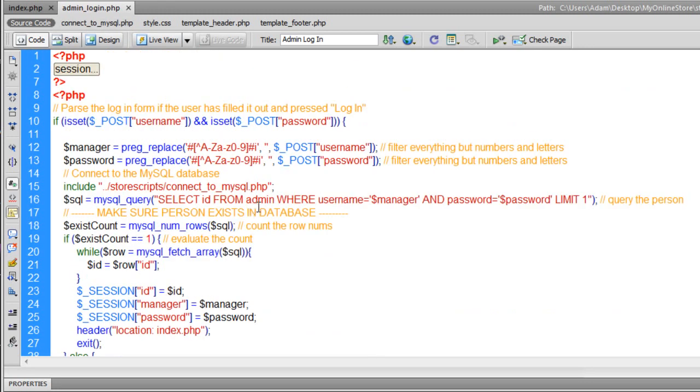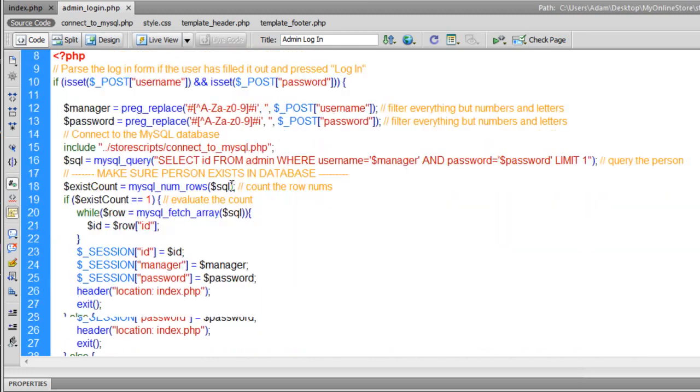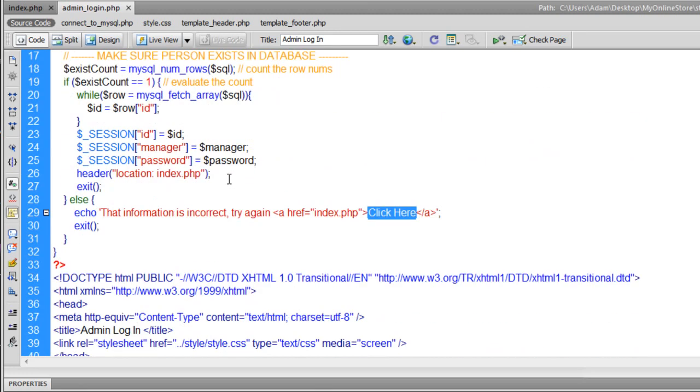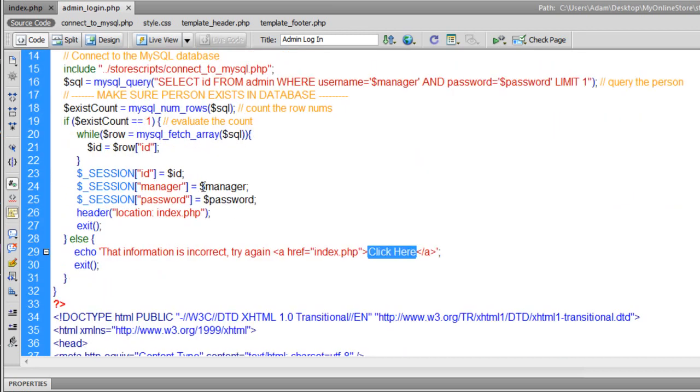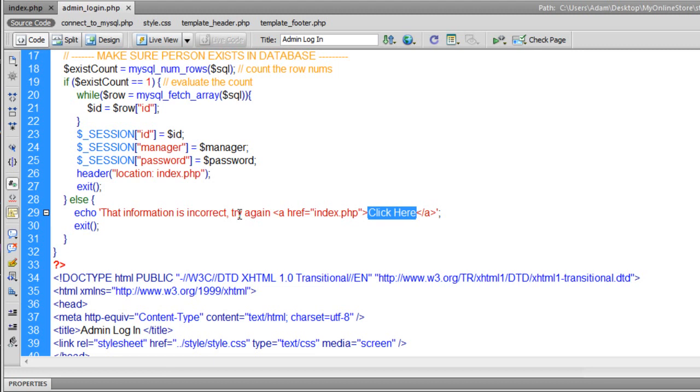It might be a little confusing for newcomers how this code works, but there's really no easier way to explain it to you. And this kind of code is necessary if you want a login system and an admin system for your store. Else, if you don't want to use this and it's confusing or whatever, you can just keep going into